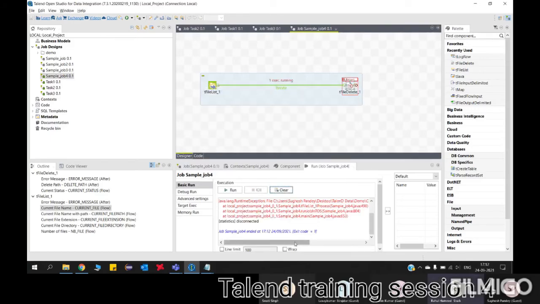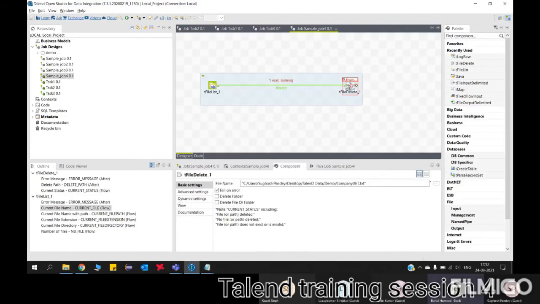In the first iteration it failed. Why did it fail? Can you see? The name which we have given is not there. The file does not exist. So now what you can do is double click on delete. If the file exists, it will delete. Otherwise, it cannot delete. Now choose the file which is present there.